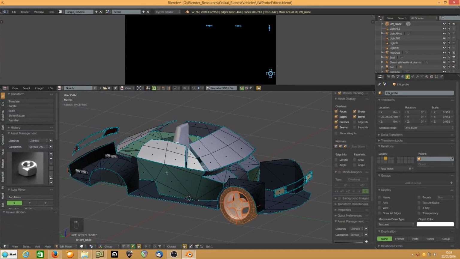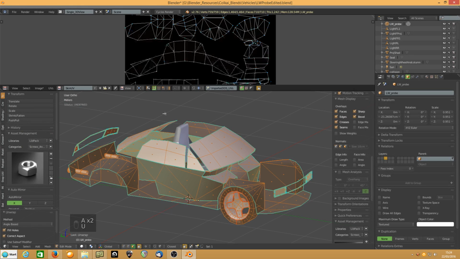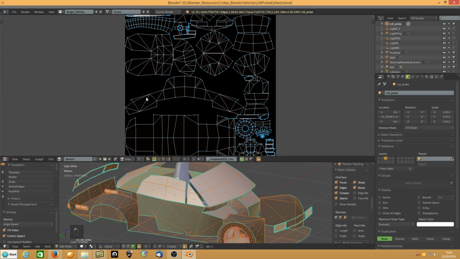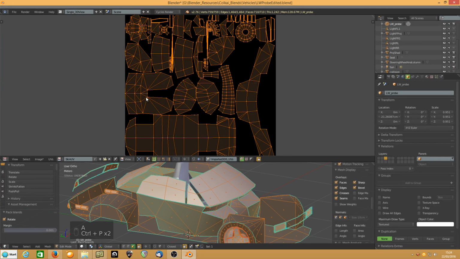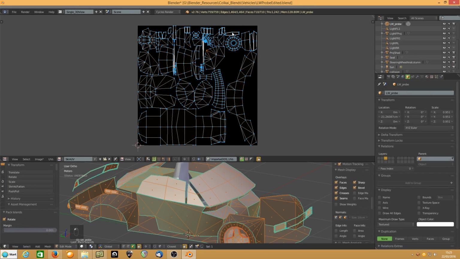So that is the way I personally tend to work. So you set up your UV map, unwrap that, Control P just to pack it the best it can, and again if there are any questionable points on the UV map, you adjust them like this here again. That's obviously got a